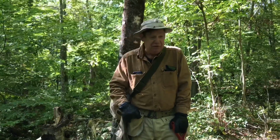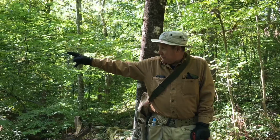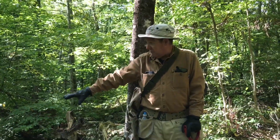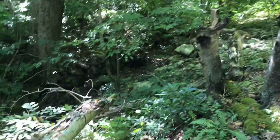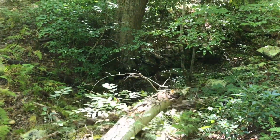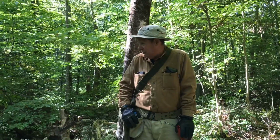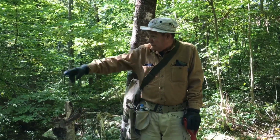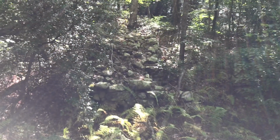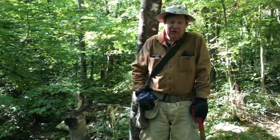Well, this is next to the farm site in the last video. The Green Falls River is on the other side, and what this looks like is a man-made channel that would have been used to direct water from the river to a mill. The water comes through the channel, turns the wheel, and is used to grind the grain or process the wool or whatever they were making here. And you can see remnants of the walls that they used to channel the river in here. Today we're going to take a look and see what we can find in the area of the mill,